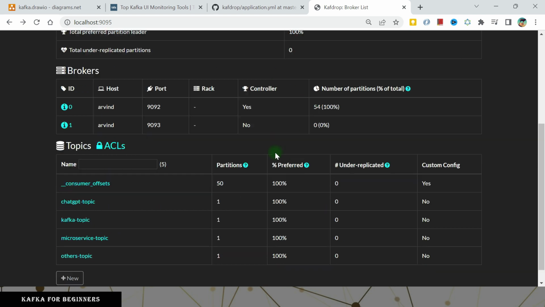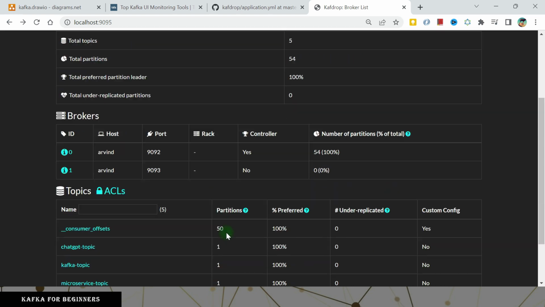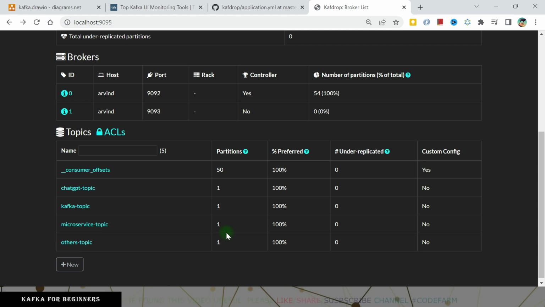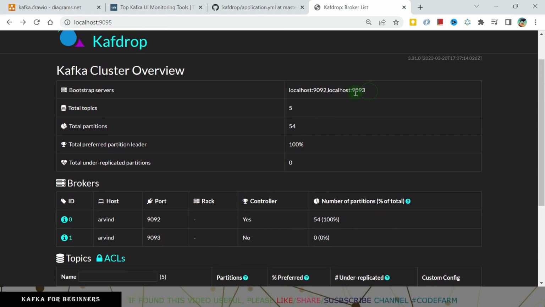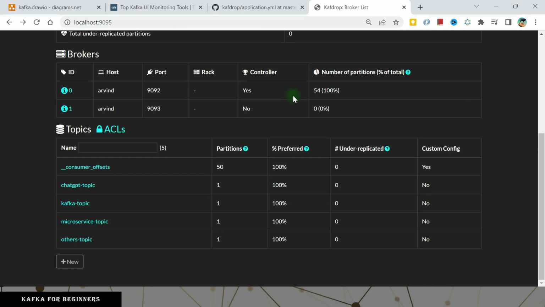Total topics, partitions and all that. These are the already existing topics, where we have the default of one partition and so on. And what else? Now we have more than one node, so I can have a replication factor of 2. So let's go ahead and create the topic. I thought I could not create the topic, yeah, actually I can create it.